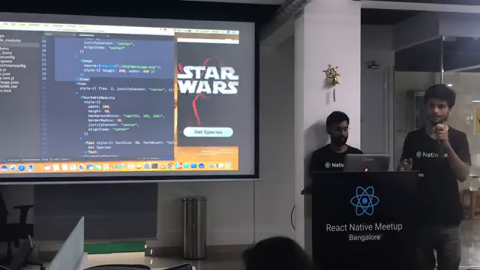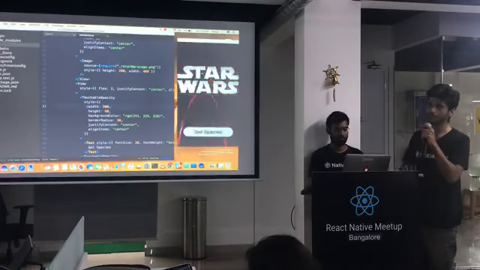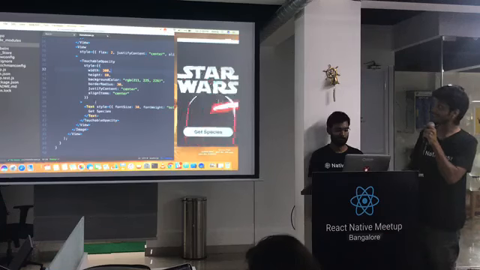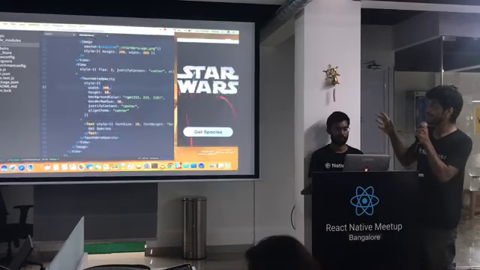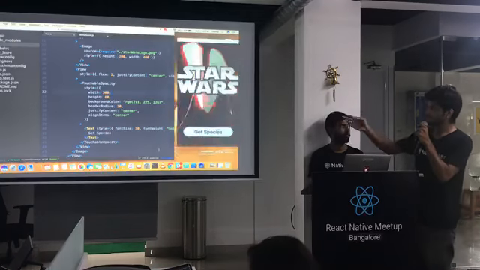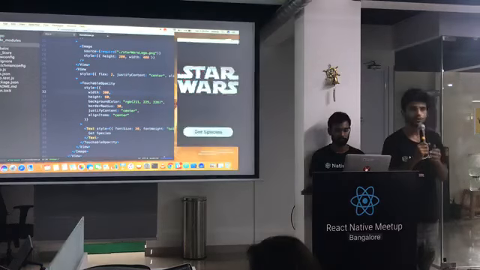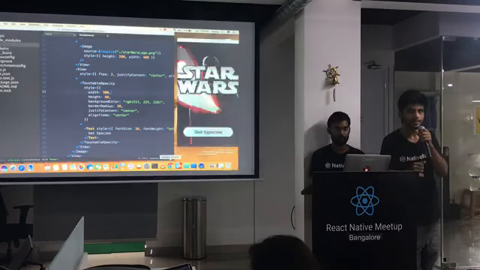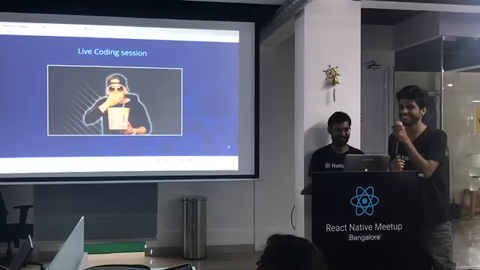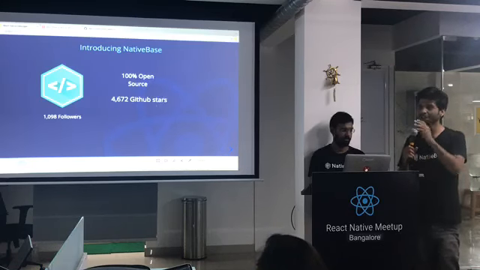There's one thing that I actually wanted to talk about. This is a very basic screen. We just have a logo and a button, but still we see that a lot of code has to be written, a lot of inline styles, and we had to pass the width, height, background colors and stuff like that. And unnecessarily, because we don't need to pass font size and stuff if we use some libraries. So who can think of a library that actually does this? Please tell me it's NativeBase. Yes, please. NativeBase. Okay, I thought you had a question.